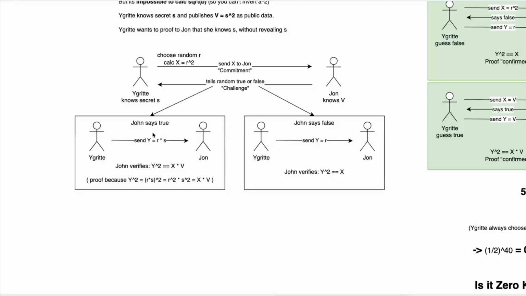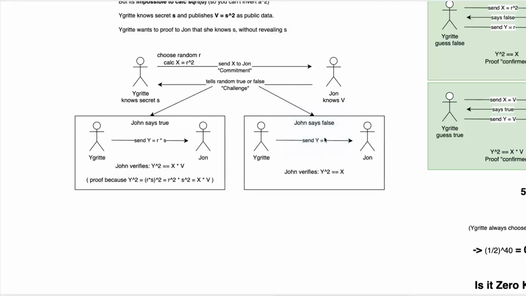And that's what's happening here, because he gets just a random number. He gets no more information about this than by just randomly guessing numbers. In the case where he says true, and in the case where he says false, he just gets the random number revealed. So there's no way of any extraction of information about S. Anyway, as I said before, it's very important that Egrid always chooses a new random number, and those need to be real strong random numbers. Because if you do it 40 times and you always use the same random number,